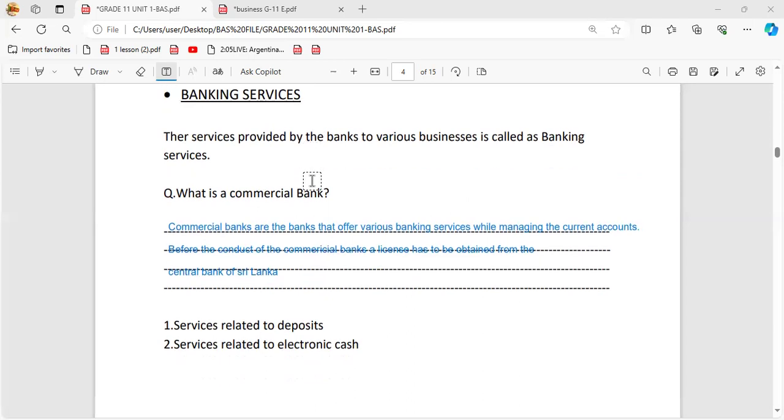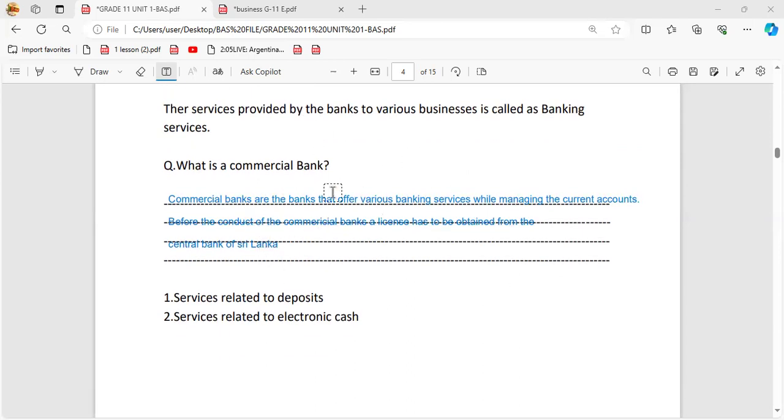Now put in the chat box, did you all understand this definition? Did you all understand up to this? Are you all 100% clear in this? Any questions? If you are having any questions, just let me know. Quickly put in the chat box, everyone. Very good, understood, excellent, fantastic. If you all are having any doubts, just let me know.